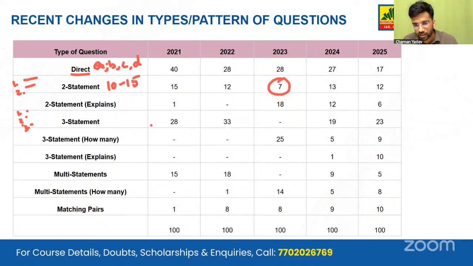But as we can see, UPSC in 2023 has not asked a single question of this type. Instead, they have started asking how many of the 3 statements given are correct. They try to just kill the elimination method, which a lot of aspirants depend on in the prelims examination. Over the past 2 years, we can see these 3 statement or elimination based technique questions are seeing a resurgence. In 2024, we have 19 questions. This year, UPSC asked some more, 23% questions.